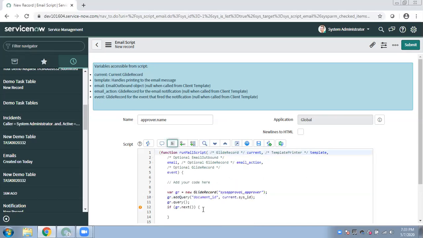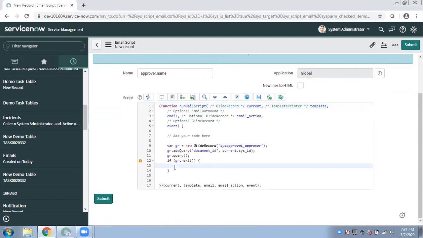Now once I got that record, what I want to show in my email, I can use template dot print. I just want to print, please follow up with whomsoever is the approver, and we can get that approver name through this object.